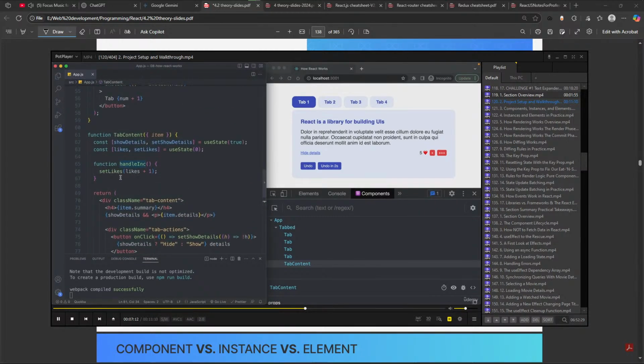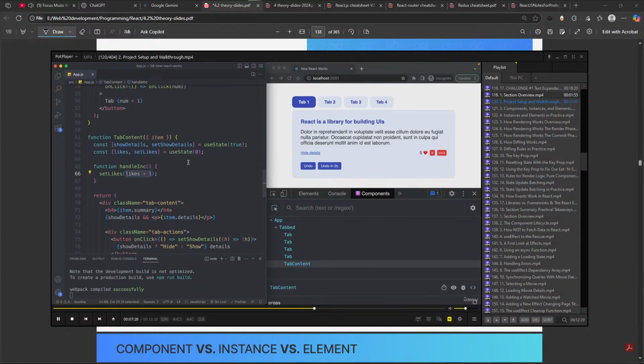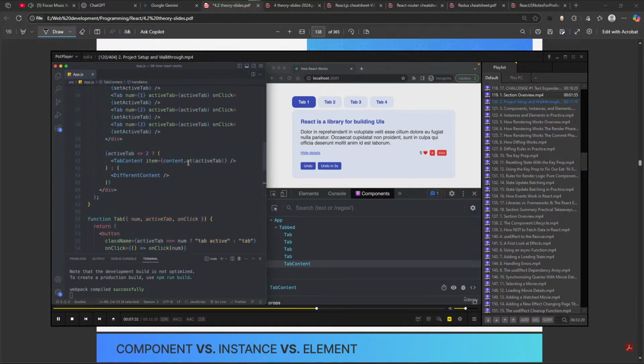So what this one does is simply take the current likes and add 1, and then set that as the new likes state. Now notice for here we didn't use a callback function in order to set state based on the current state, but more about that later. So I think this component here is pretty clear, and so let's now go back here and see what these